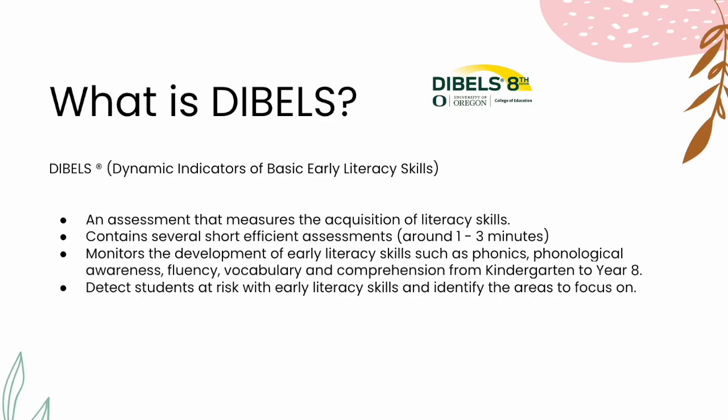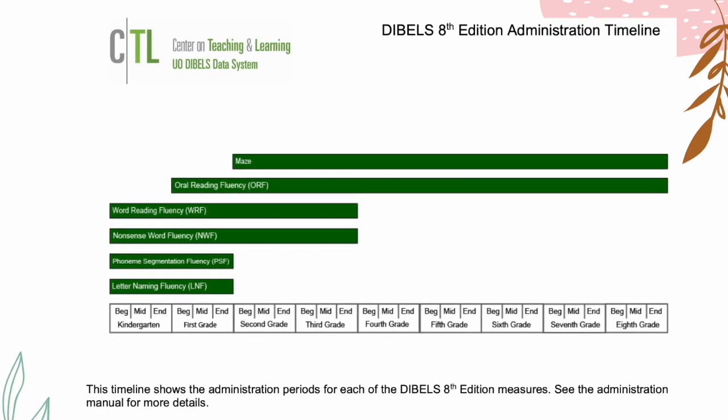And it detects students who are at risk with their early literacy skills and then also identifies the areas that those students will need to continue to focus on. When completing a DIBELS assessment, you'll need to have all the resources which are available free on the DIBELS website. So the first thing that you will need is the administration timeline, and that just gives you an indication of what assessments you're going to complete, depending on what time of the year it is and what grade that you're